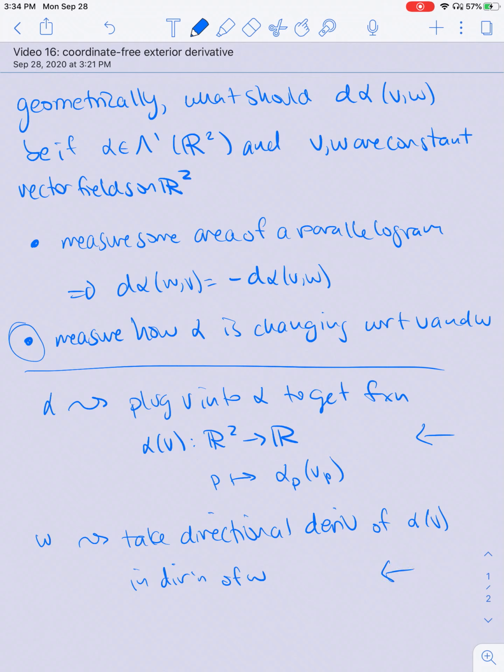So we're going to come up with an in-coordinates formula for this. Right now we haven't talked about any coordinates at all. So I'm going to come up with an in-coordinates formula, and then we'll take into account the first bullet point, write down a formula that makes sense, and then show that it's equal in coordinates to the formula we derived in the previous two videos for the exterior derivative. Okay, so